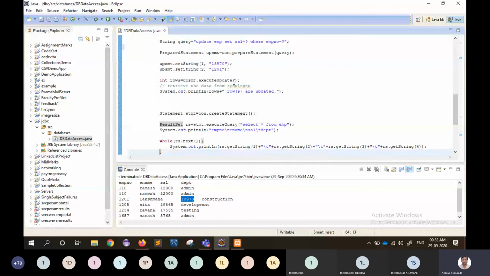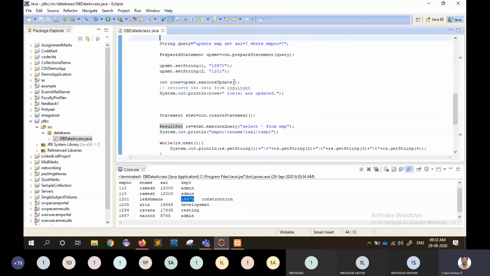So this is the standard procedure in JDBC, nothing new and no complex operations. The complex operations, in the sense, you have to write your complex query in the query statement. That's the only complexity you feel. So for every kind of statement, this is the procedure, nothing new.